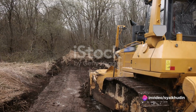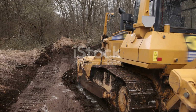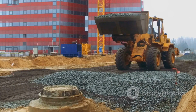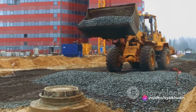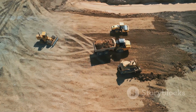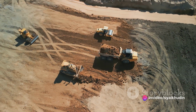Manufacturers like Komatsu and Caterpillar Inc. are at the forefront of bulldozer technology, producing models that are widely used in various industries. From Komatsu's D155A2 and D375A6R models to Caterpillar's D9R model, these bulldozers are the workhorses of construction and mining projects worldwide. So, to sum things up, the bulldozer, a powerful and versatile piece of machinery, plays a key role in